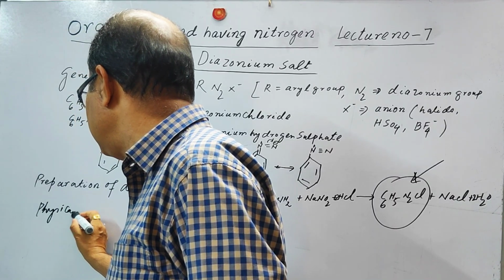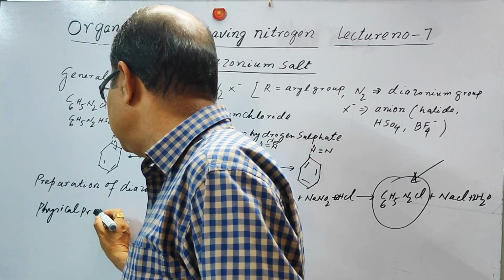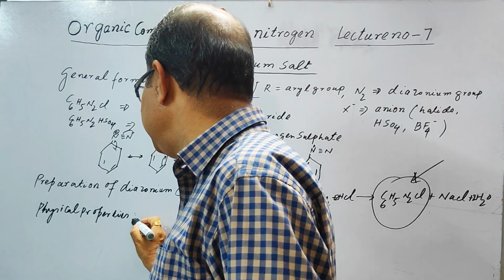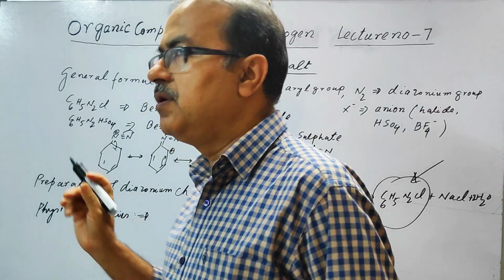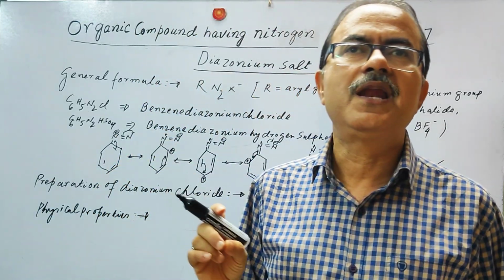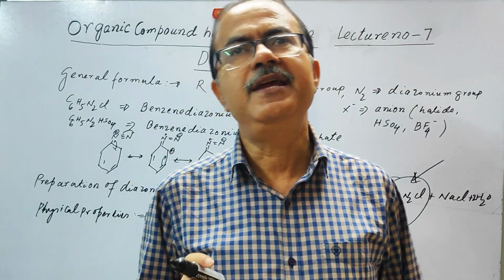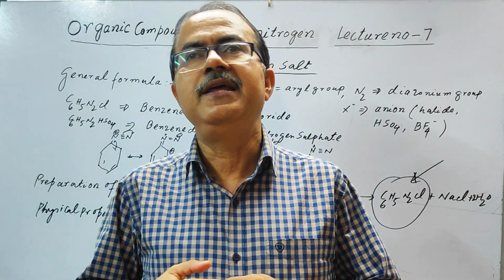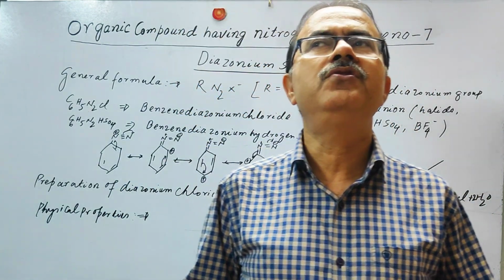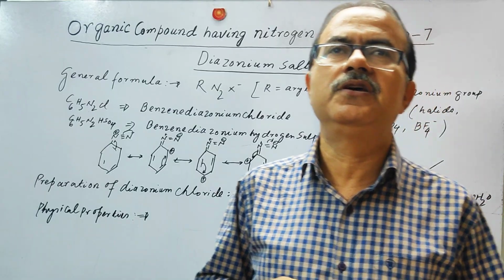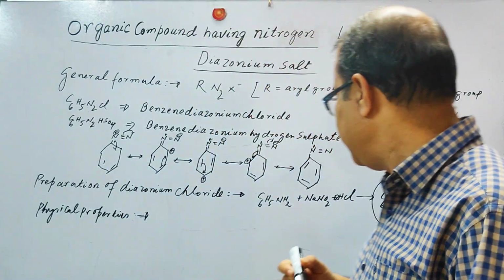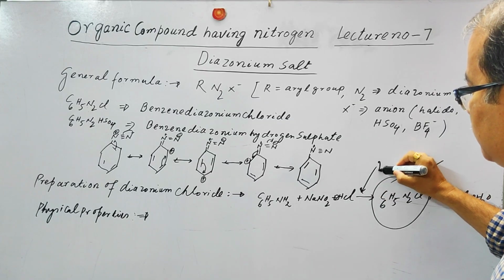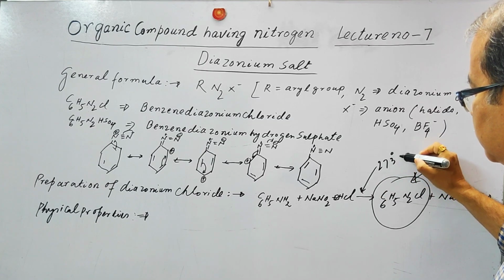Physical properties. Physical properties of the diazonium salt: it is a colorless crystalline solid and it is highly soluble in water, and in solution it is stable. And another thing that was not mentioned, that we have to maintain a temperature